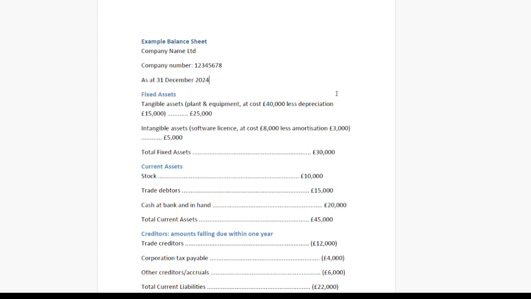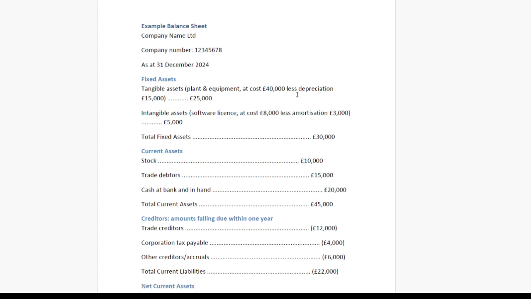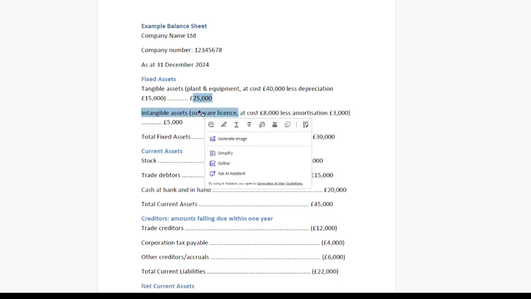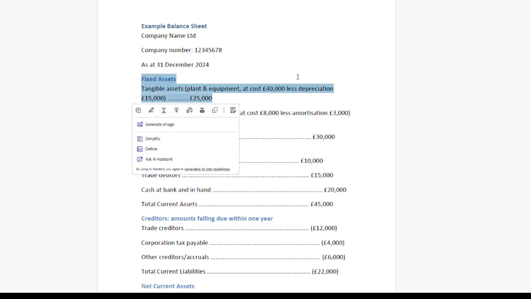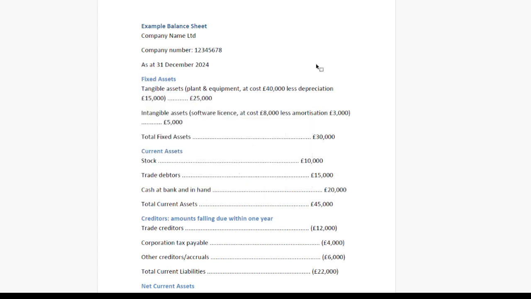So what's the first thing you'd expect to see on a balance sheet? The first thing you expect to see is your fixed assets. And what these are is things that your company owns. And these are generally the bigger items that a company owns. So you would expect to see things like plant, equipment, buildings, vehicles. So if you imagine anything that's sort of physical and big, it would show under fixed assets or